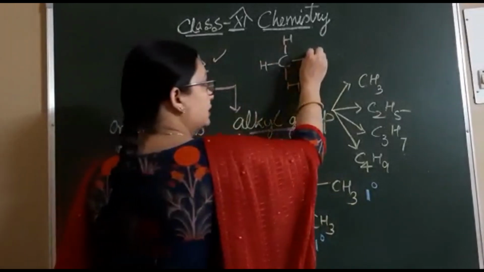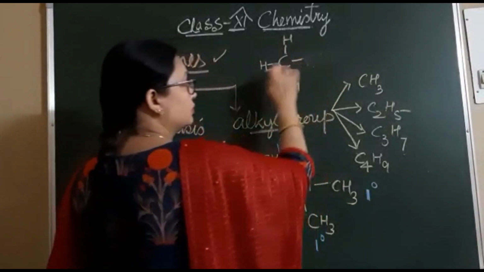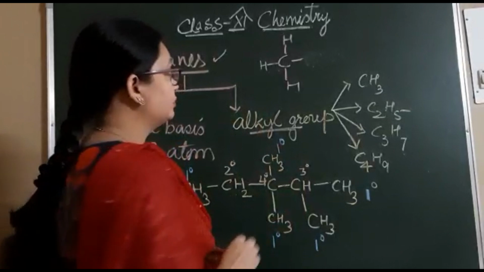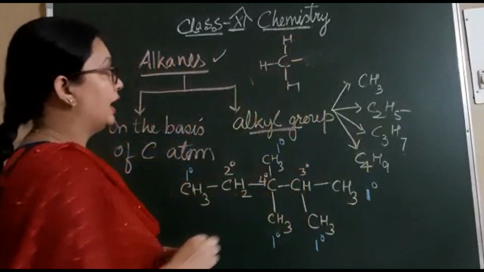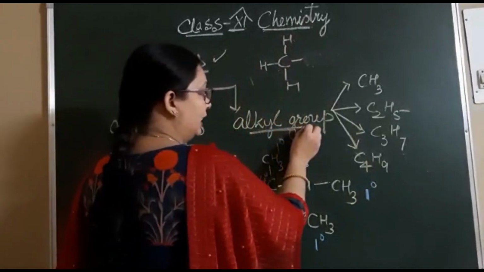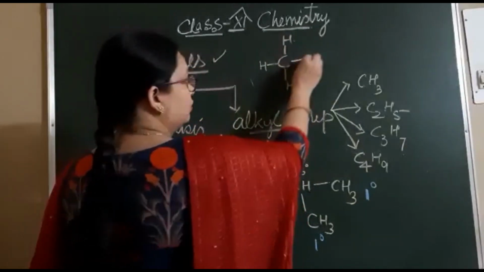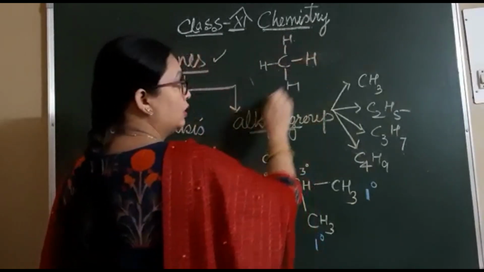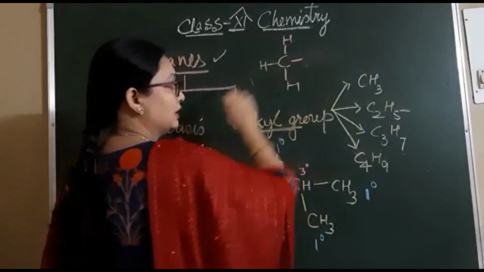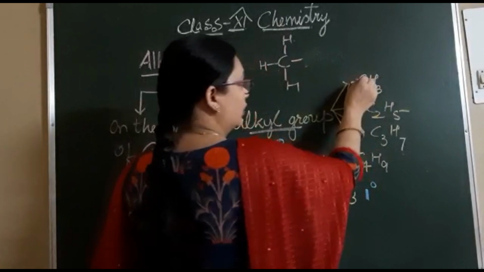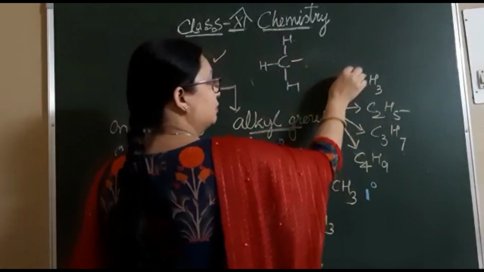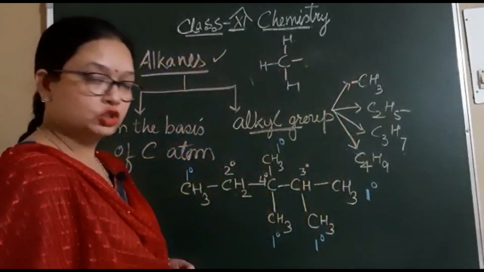So these are the various groups which will join after the removal of a hydrogen atom from the alkanes. When this hydrogen is removed from the carbon atom, an incomplete group is created, and that group is called an alkyl group. With 1 carbon atom, the total number of hydrogens should be 4, but 1 hydrogen is less, so it is represented by CH3. Here we can draw a bond. That means some other new group can be joined here.